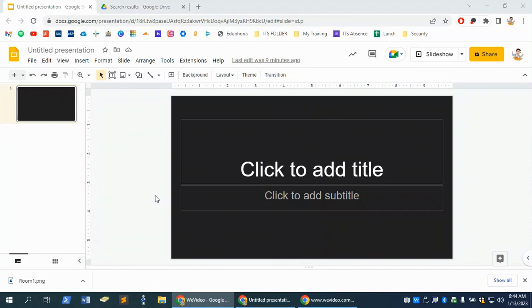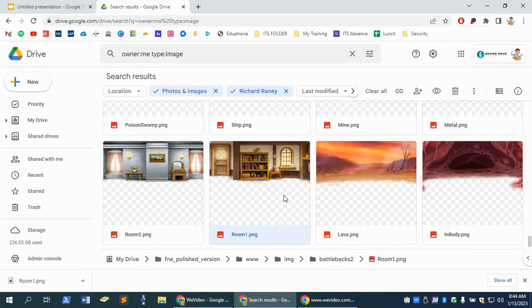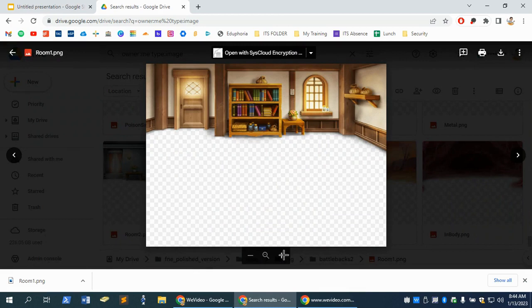Hi everybody, today I'm going to show you how to use the Magic Select tool in Paint 3D, which is a really fun, cool thing to do. Maybe not super educationally relevant, but it's a really fun trick. So let's say I'm going to make a slideshow, and maybe I want to have this clip art right here, this bookshelf, in my slideshow, but